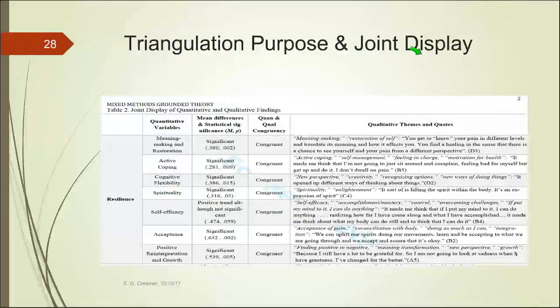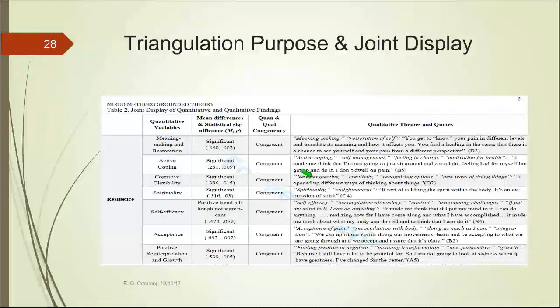And in this joint display, she identifies whether those 2 variables are congruent, if the results are congruent or incongruent. And in this case, she finds them all congruent, even though one of them really was not significant. So I would have said that this one was incongruent. But in this case, she's really underscoring this triangulation purpose, because she's saying, hey, look, my qual and my quant data, my quant variables support the